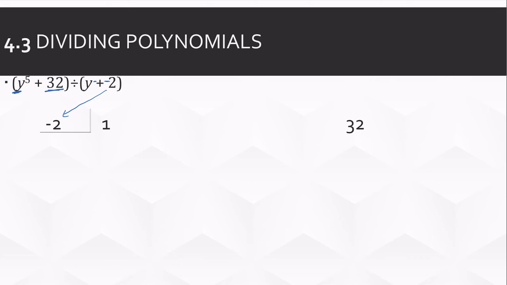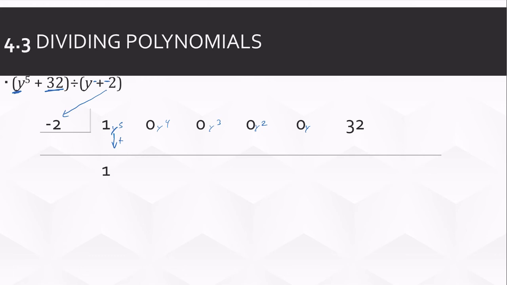So this was 1 y to the 5th. Then I have 0 y to the 4th, 0 y cubed, 0 y squared, 0 y. That was y to the 5th, y to the 4th, y cubed, y squared, y. All right, and our steps were bring down,